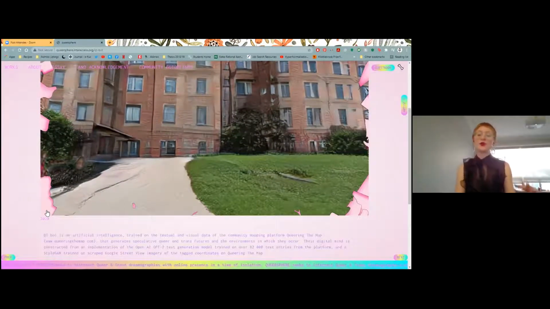And then they all get input into this kind of massive archive of queerness through land. And what QutieBot does is move forward from that and take those coordinates and the images from Google Maps from those coordinates and deep dream them into the images that you're seeing here in front of us.